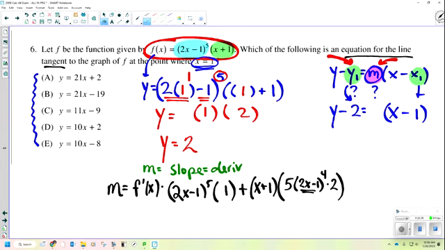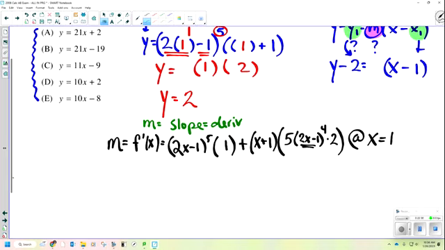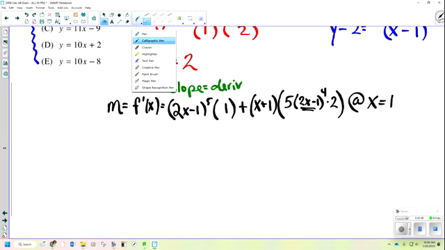Okay? I want this at x equals 1. All right? So let's go ahead and figure what this is going to be when I plug a 1 in for all these x's. So I got to plug a 1 in here. Okay? Here. Here. And that's it. Is it really only 3 spots? It really is. Look at us go. All right, so